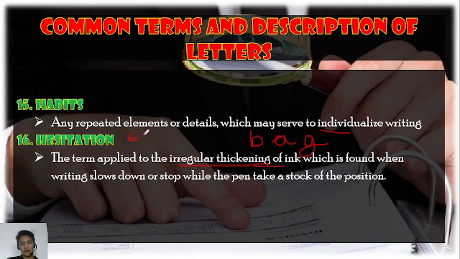So that is for hesitation. Just like in here, you can see that there is a hesitation. If you notice, there is a thickening in this part. So there was some hesitation. This might be a sign that he is trying to imitate